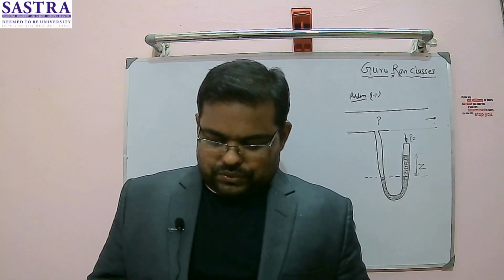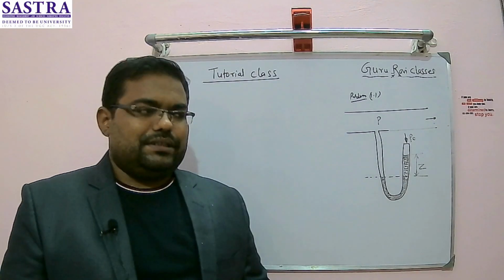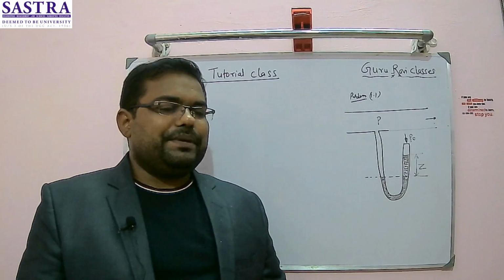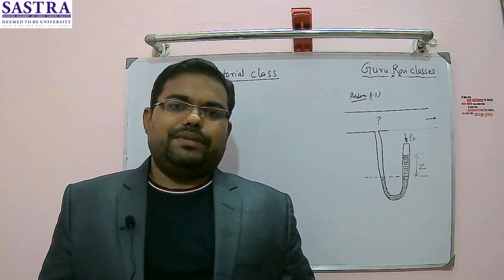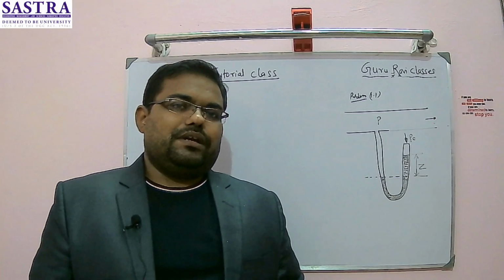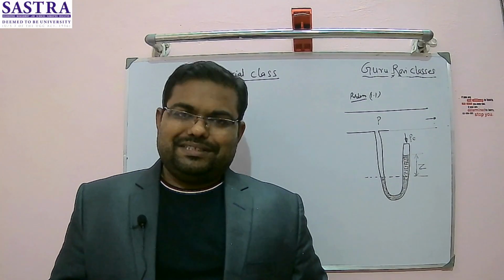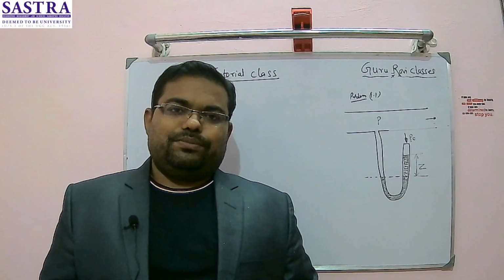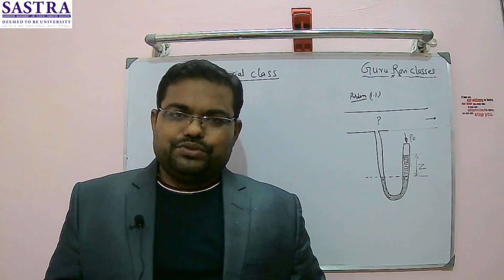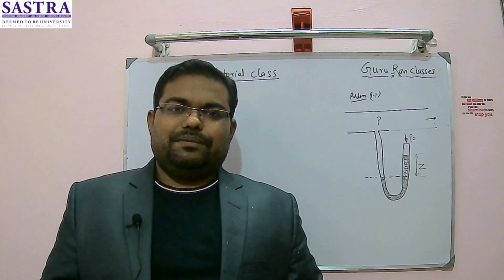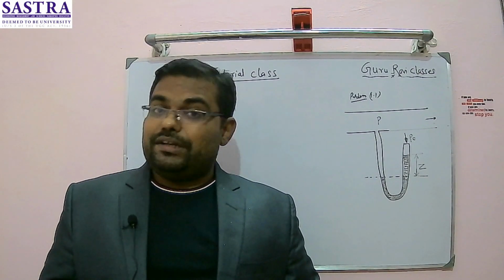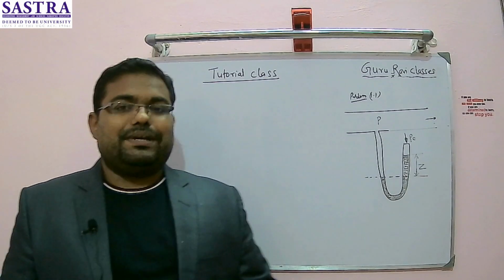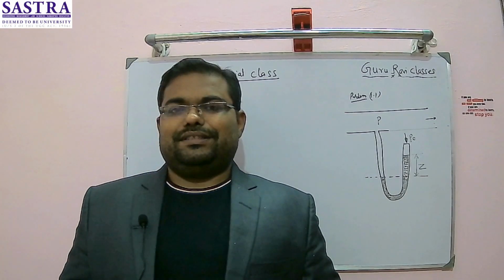All right. The main important topic was pressure measurement. How to measure the pressure? You have been given exposure to different kinds of manometers, where I mentioned there are two kinds. One is called the simple U-tube manometer, which measures the pressure at a single point, and the other category is the differential manometer, which measures the pressure at two different locations in the fluid flow.